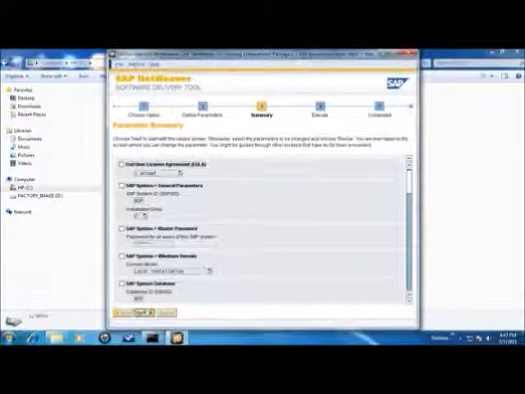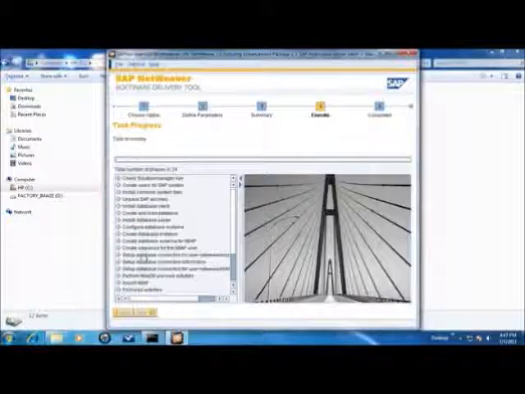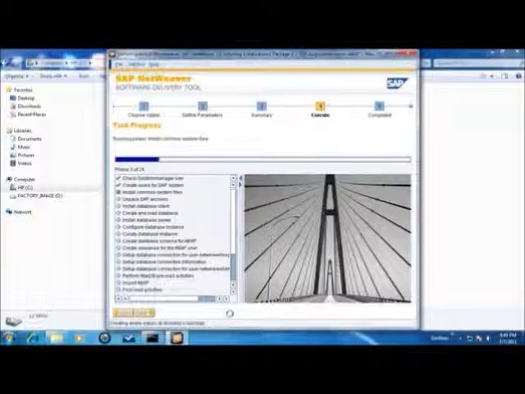During the execute phase, the installation wizard will show progress with a green check mark for steps it has successfully completed, a green square for steps in process, and a grey diamond for pending steps. In all, there are 24 steps, out of which import ABAP takes the longest, and depending upon the configuration of your computer, it may take several hours to finish.